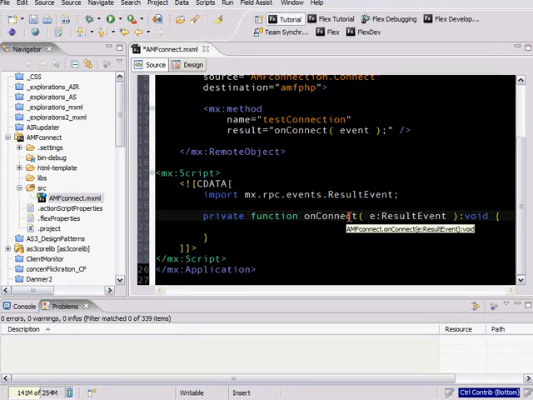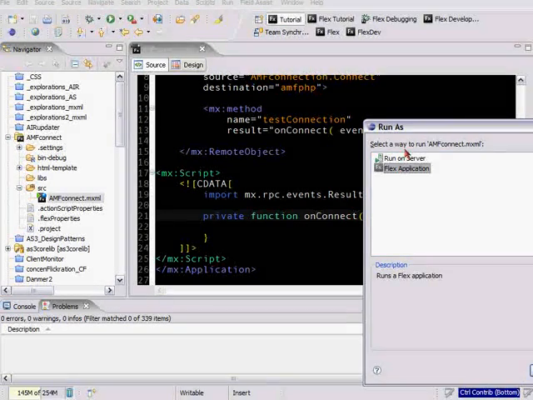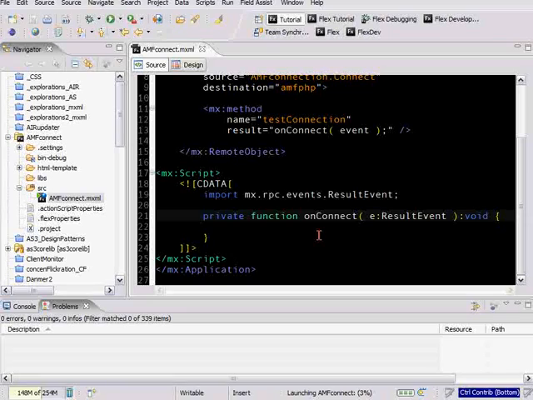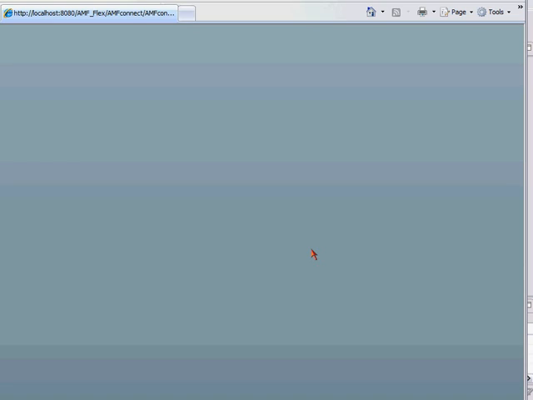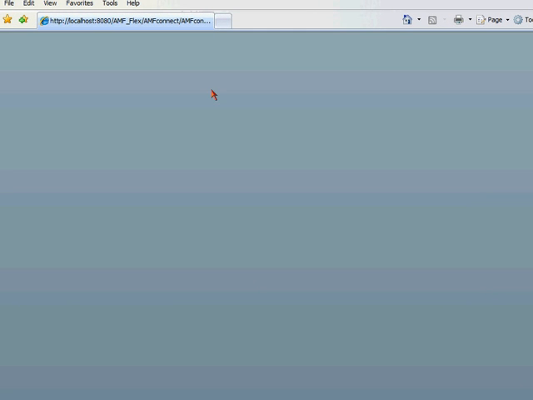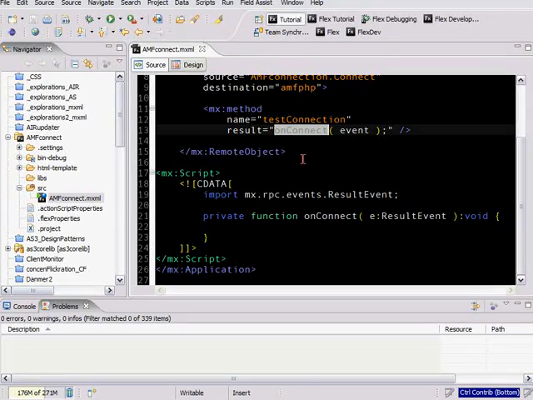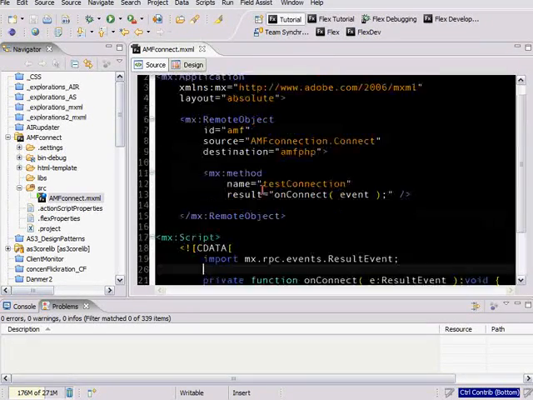So let's go ahead and test this. Saving, and you can see there's no problems. Publish, Flex, OK, and launching AMF Connect. Well, this is taking, okay, there we go. So it launches, and we get a big fat nada. Nothing happened. And that's because we didn't actually call the onConnect method. So to do that, we need